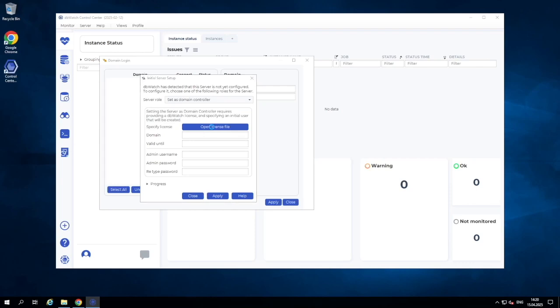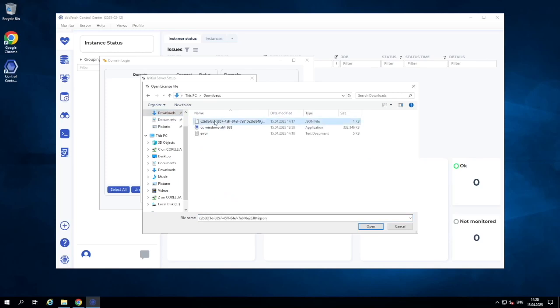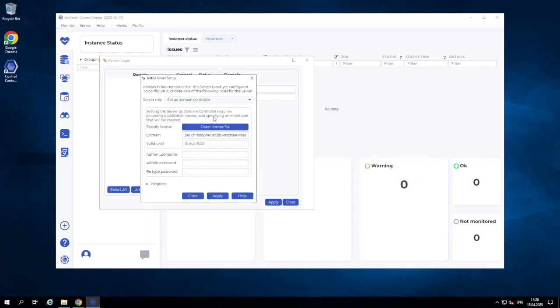Open license file, and we go to the download, and this is the JSON file, and then it will show up here as a valid license. It will be linked to the email that you registered in the portal, and it will have a valid date here, and we'll create my username. So I'll go with something like that and apply.